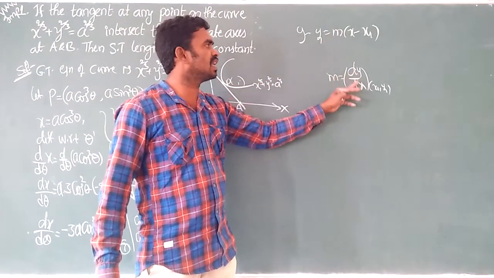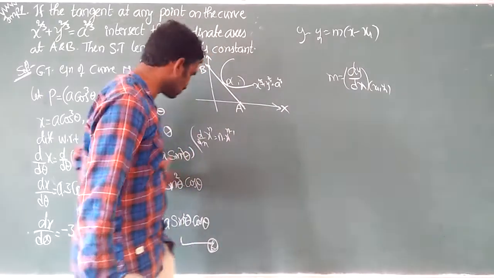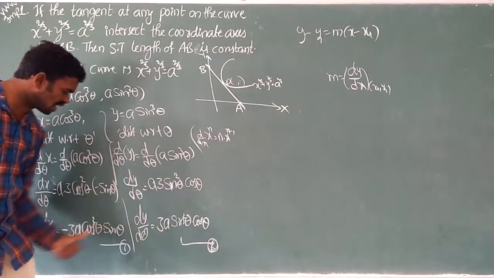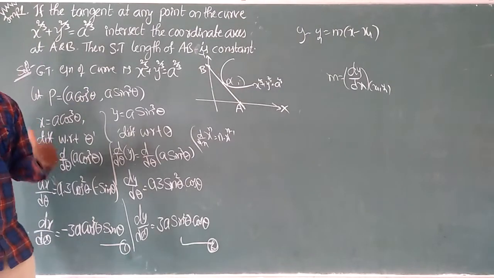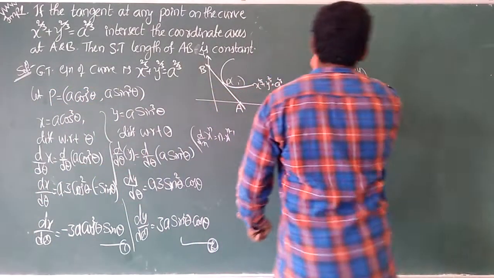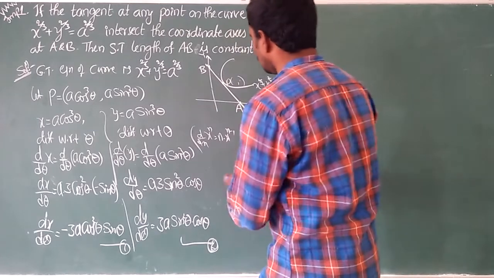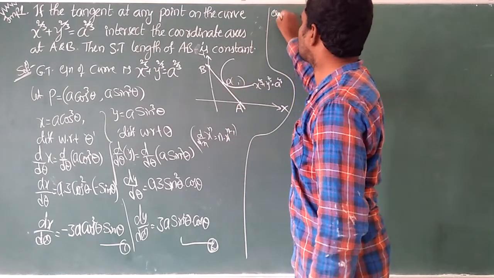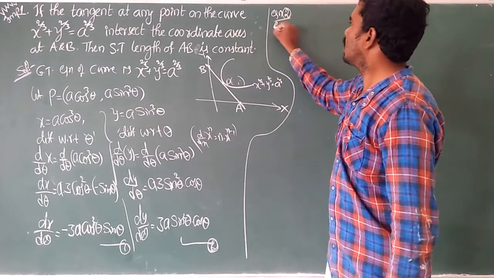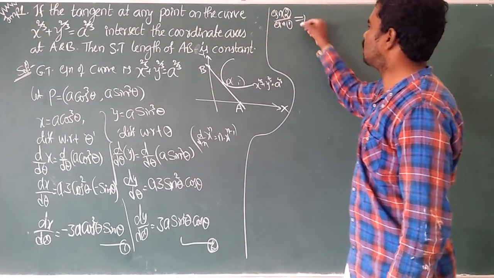Slope is nothing but dy by dx. For that we are doing this process. So do equation 2 by equation 1, we can get dy by dx. Am I right? Yes, I am right. Very good. So the next step, equation 2 by equation 1. So that implies